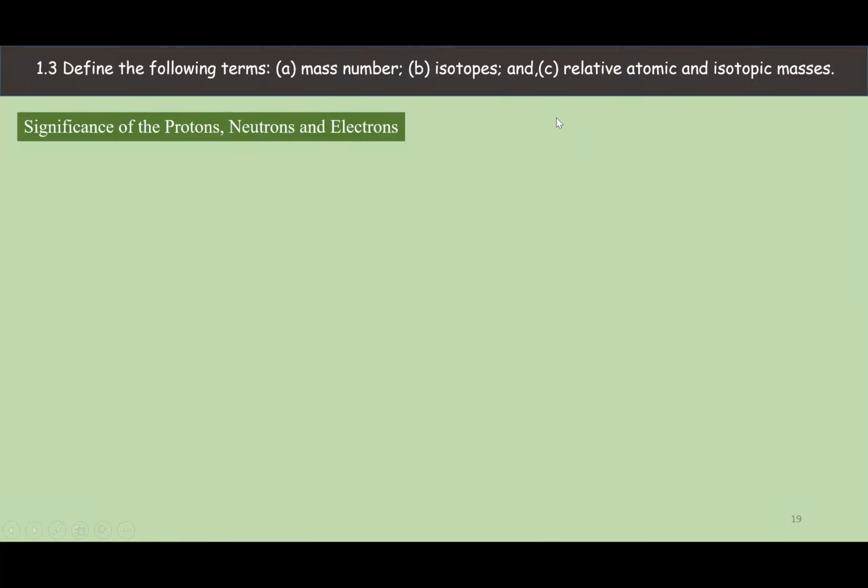Great, there we go. We'll be looking at objective 1.3, which is to define the terms mass number, isotopes, relative atomic mass, and relative isotopic mass. Okay, so I have a few questions. The first question is,